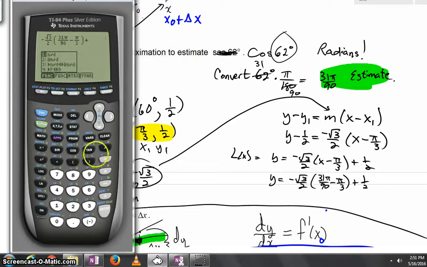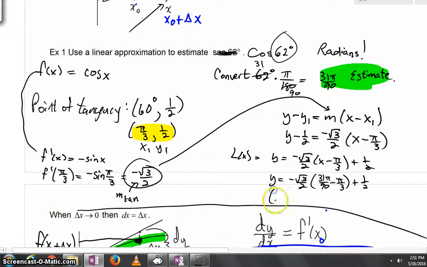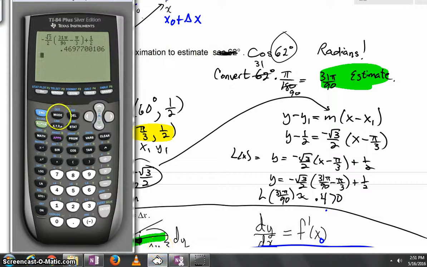Hey, if you want to make it look especially just like we just wrote out, you don't have to do the 1/2. You could do 0.5. You could say, hey, would you look at that? We're getting about 0.469 or about 0.470. So L of this thing right here is about 0.470. Look, change your mode back to degrees. And let's just see, what's the cosine of 62